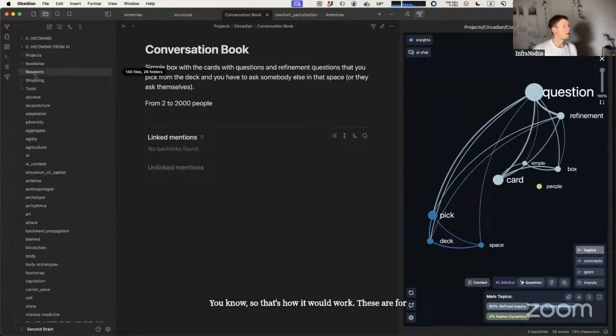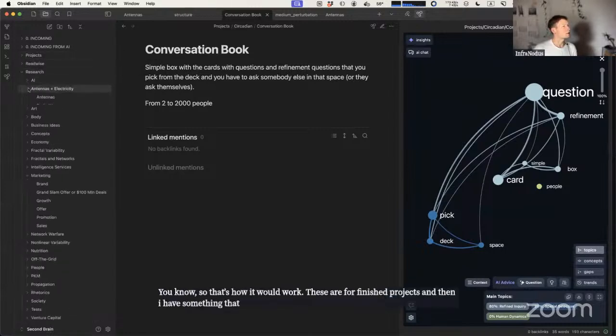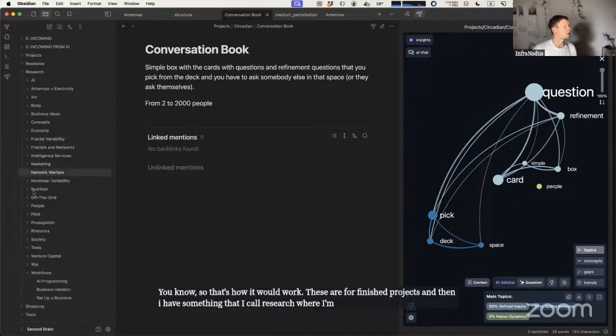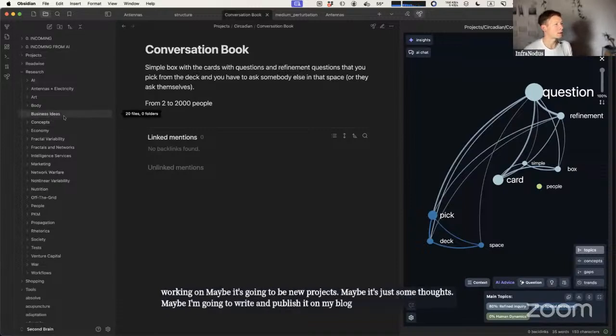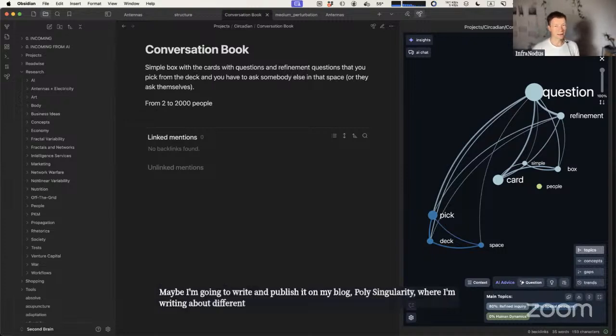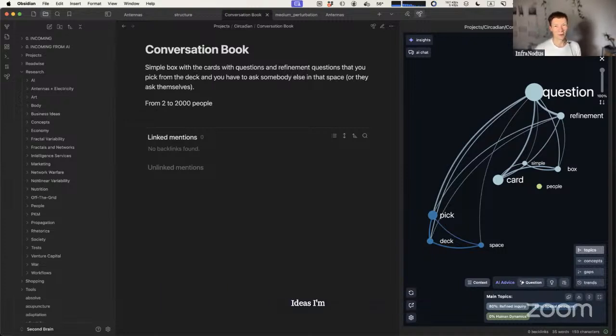And then I have something that I call research, where I'm posting stuff that I'm kind of working on. Maybe it's going to be new projects. Maybe it's just some thoughts. Maybe I'm going to write and publish it on my blog, Polysingularity, where I'm writing about different ideas I'm interested in. I'm going to also leave a link in the description below,